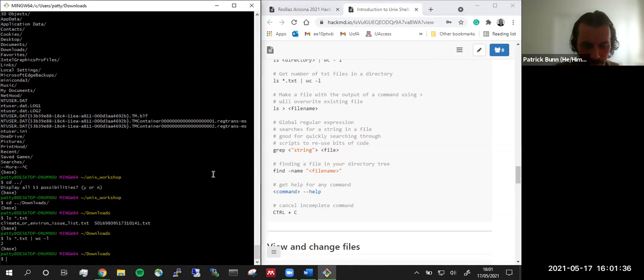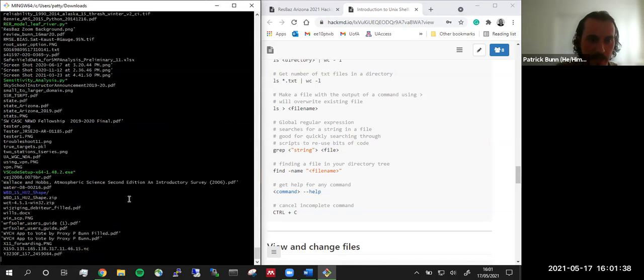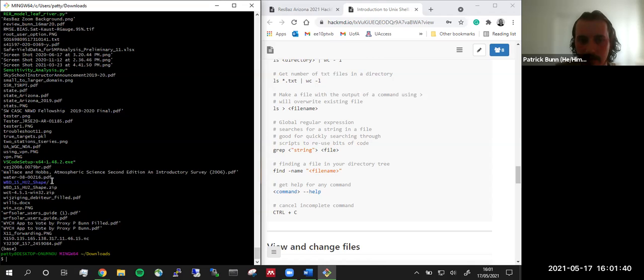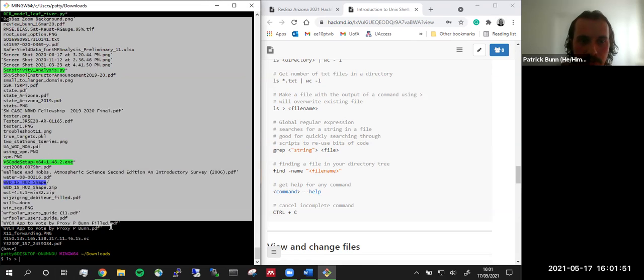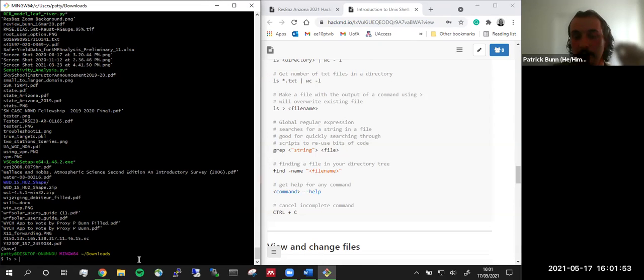So instead of just doing ls where it's telling us all of the files that are in my downloads file, what we could do is do ls and then that arrow to tell it to, instead of outputting all of these files and folders onto our screen, which is a mess, we could get it into a file that might be easier to read. So you can do ls and then something like all file names